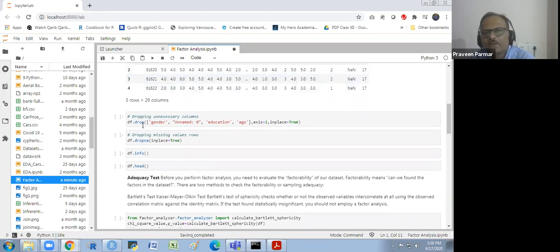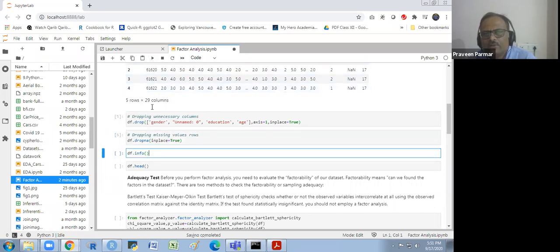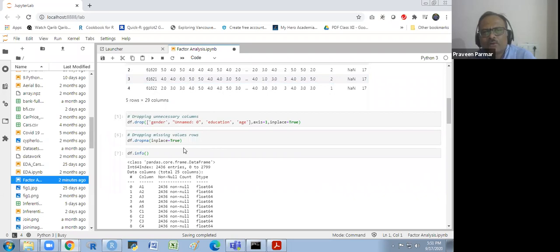So I am dropping gender, Unnamed: 0, education, and age, with axis equal to 1 for column and inplace equal to True, so it will permanently change my df. I run this. Again I would like to show you, I see if there are NA values. So I want to drop NA, whatever the value. Now I let you know the information.